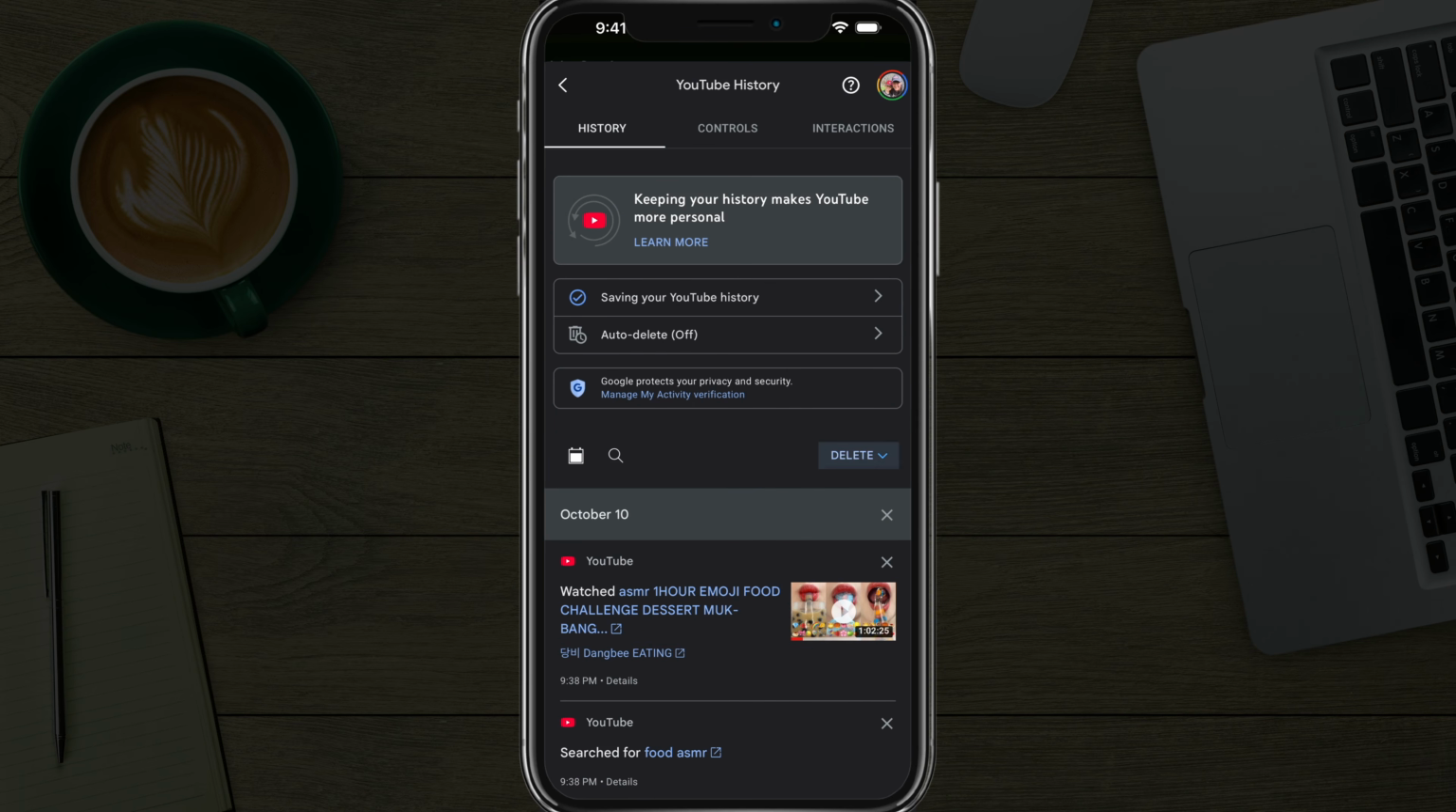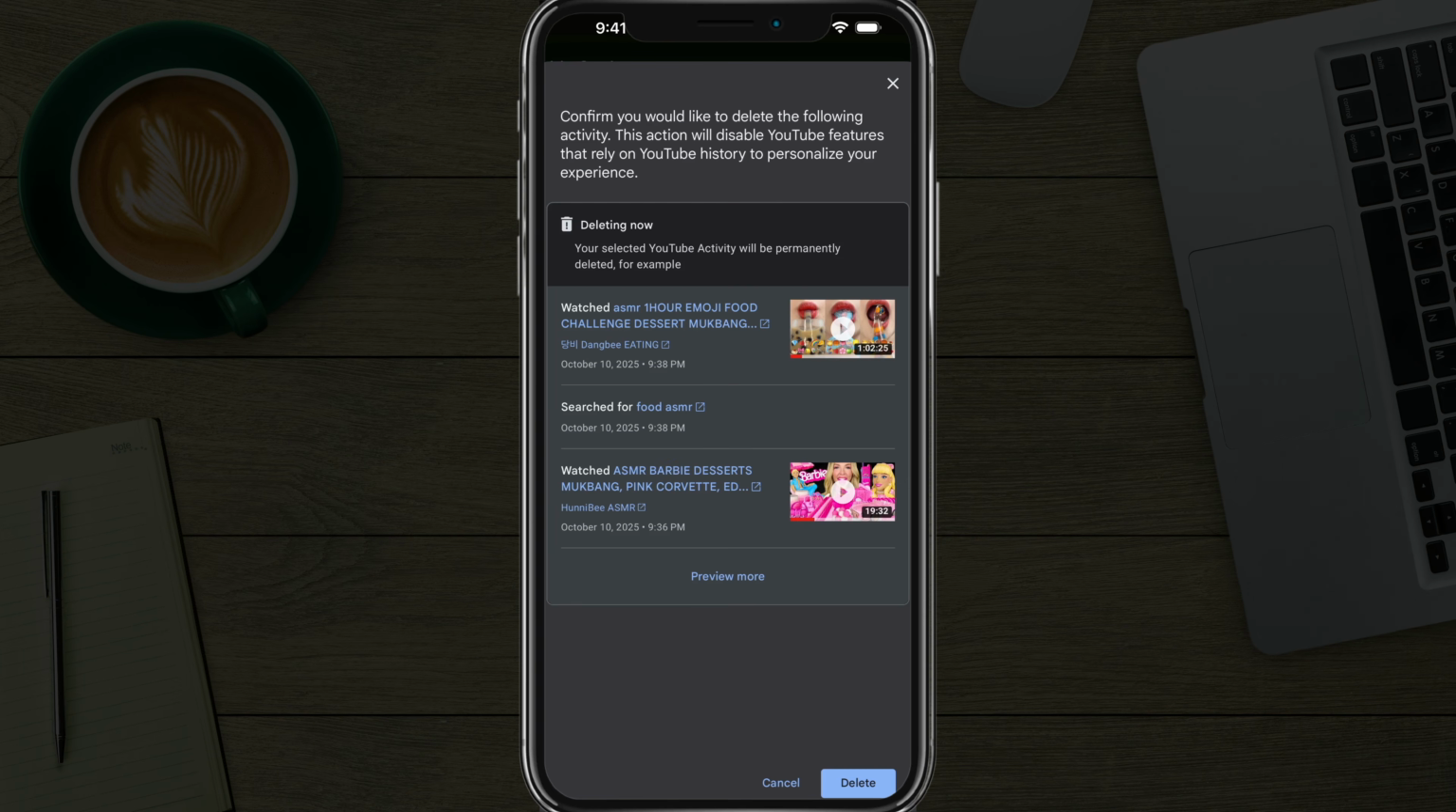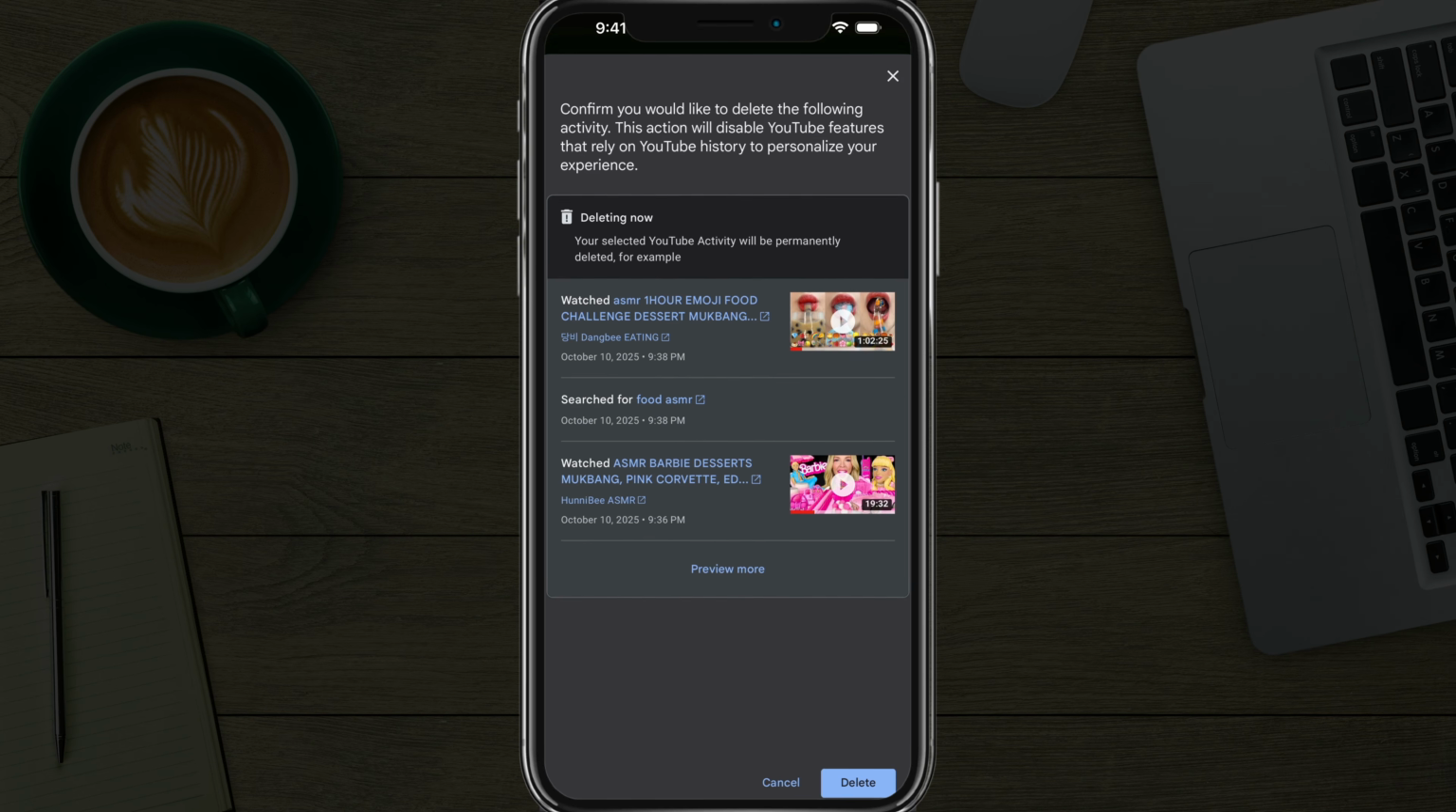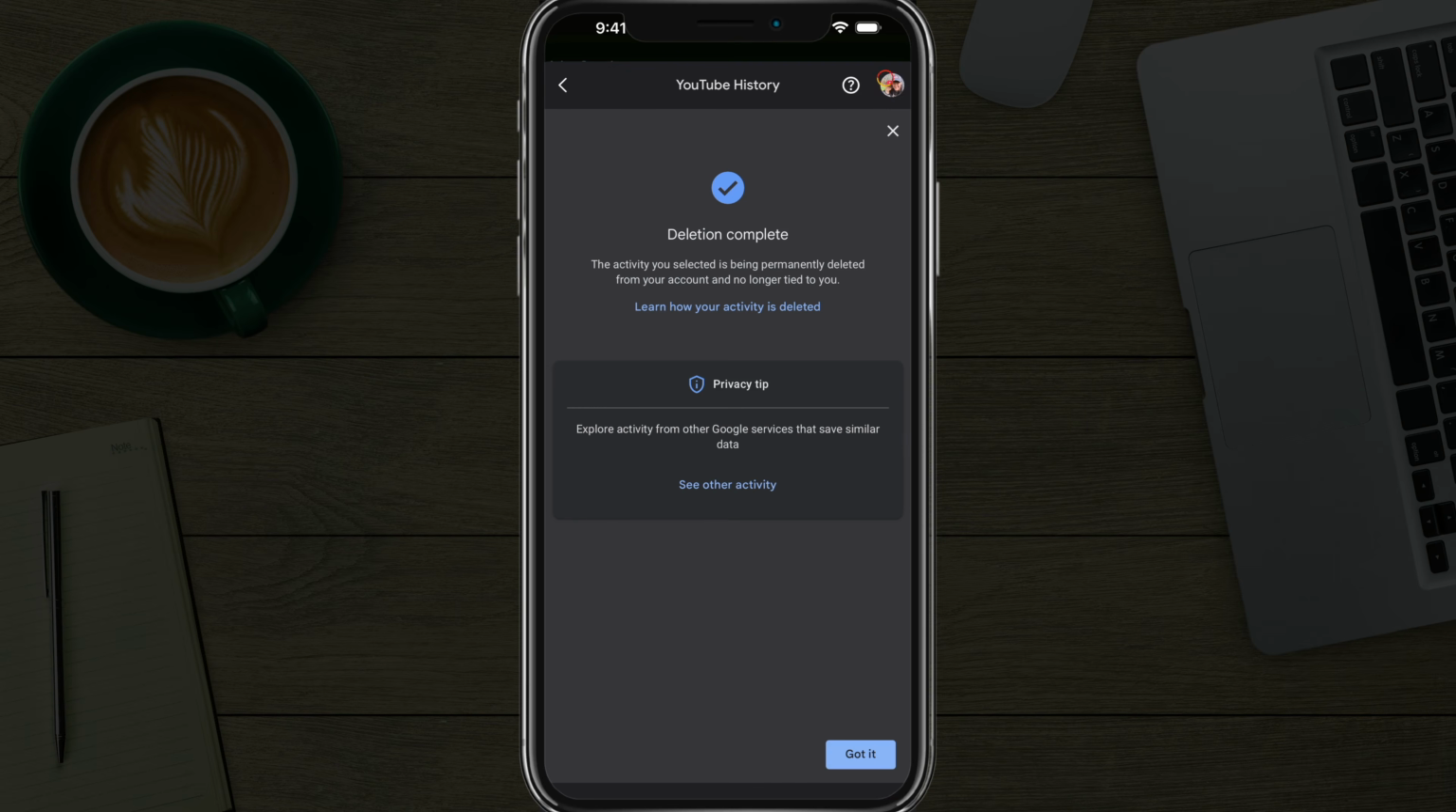Go ahead and tap the Delete drop-down menu and make sure you go to Delete All Time. Once you've selected Delete All Time, it says confirm you would like to delete the following activity, and then go ahead and scroll down and tap the Delete button once more. That's going to delete everything from the beginning of time and allow you to reset your YouTube browse and home